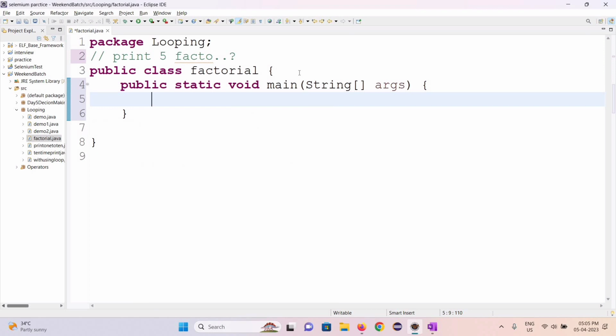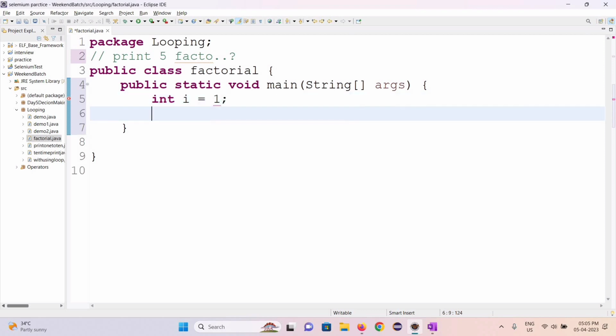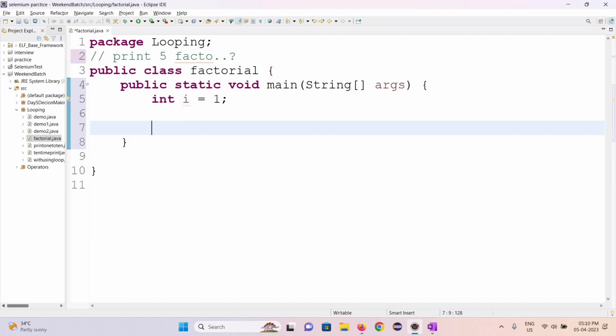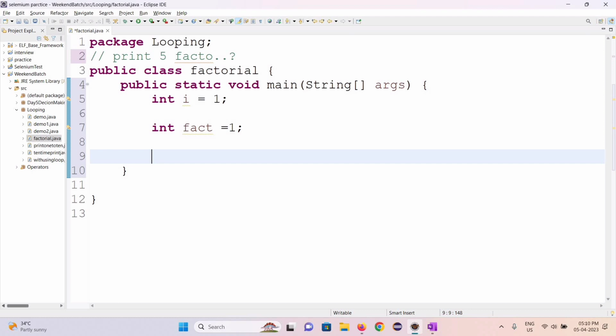Inside the main method, what I'm supposed to do is int i equal to 1, and I need a factorial. I just initialized i equal to 1, and one more, I'll just give it a name as fact or factorial, anything is fine. Okay, so I have initialized both the values. One is an integer, one is a factorial. Both are integer values only. I just gave a different variable. Okay, so after that, what I'm doing is